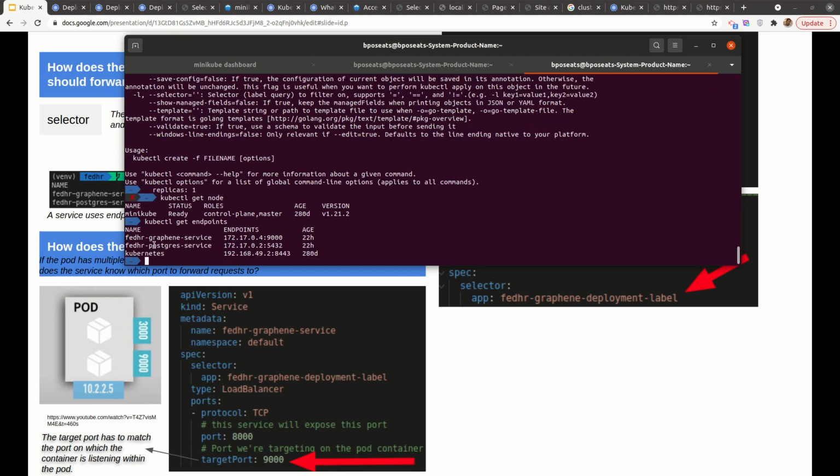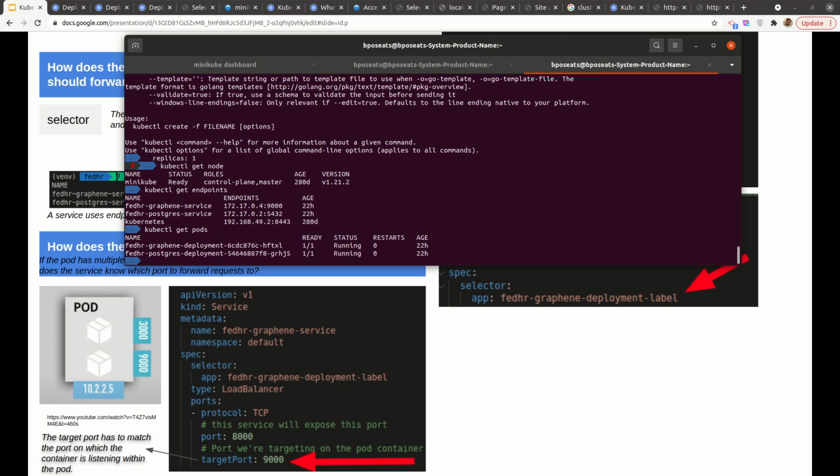Now I know that this service has this endpoint that it uses to keep track of its pod. Now, if I say kubectl get pods,